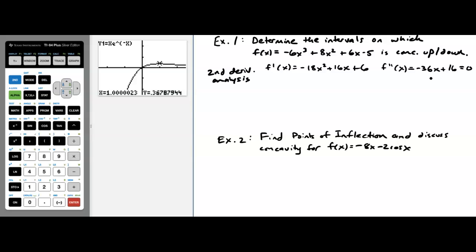And so if we solve this, we will get 36x equals 16. And divide both sides by 36, you get x equals 16 divided by 36. And you could take out a factor of 4, and so that's 4/9. So x equals 4/9 is the only key value that we're going to be putting on that second derivative number line. So I've got x equals